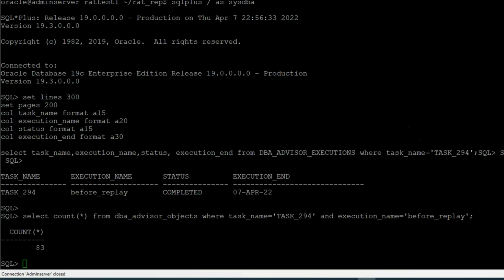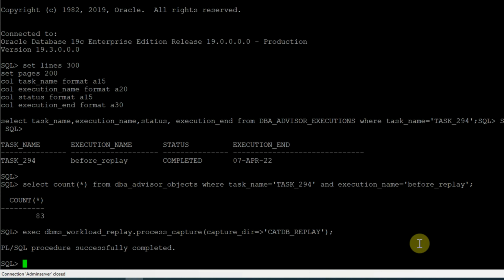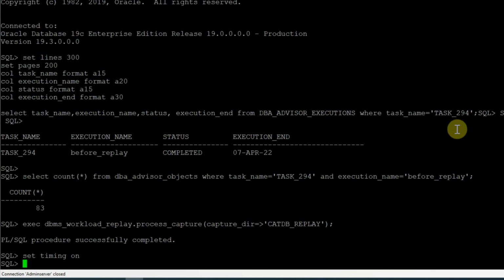So we are executing one command called DBMS_WORKLOAD_REPLAY.PROCESS_CAPTURE, and the capture directory is catdb_replay. Whatever capture information is available in this catdb directory, it will process that. We will run it, and it should take a few seconds. Yes, it is completed. And then we will run another command to initialize the replay